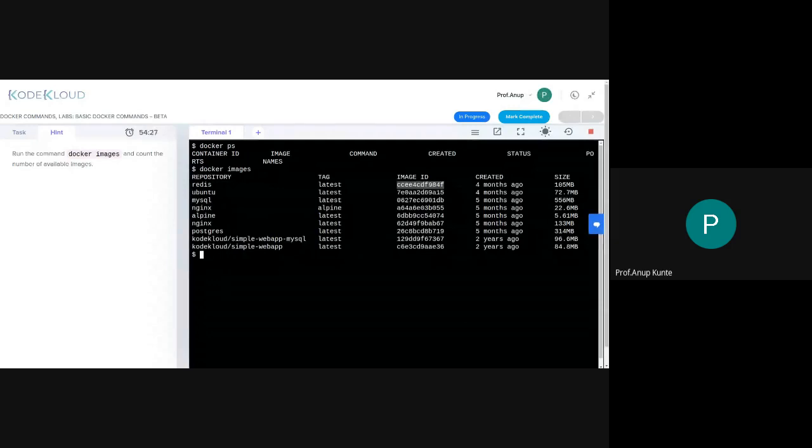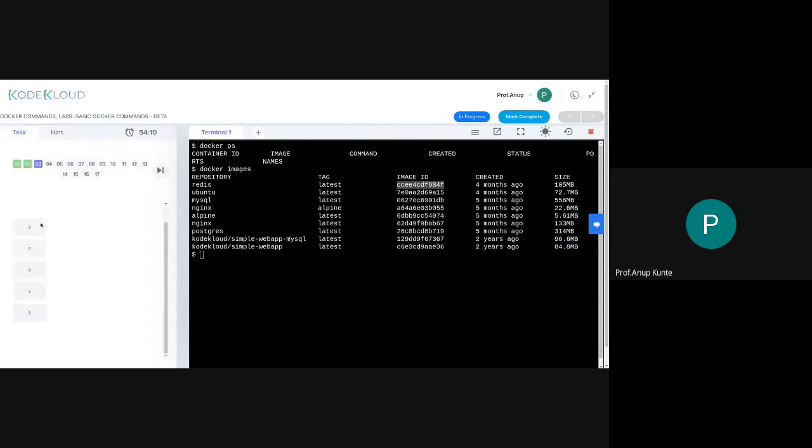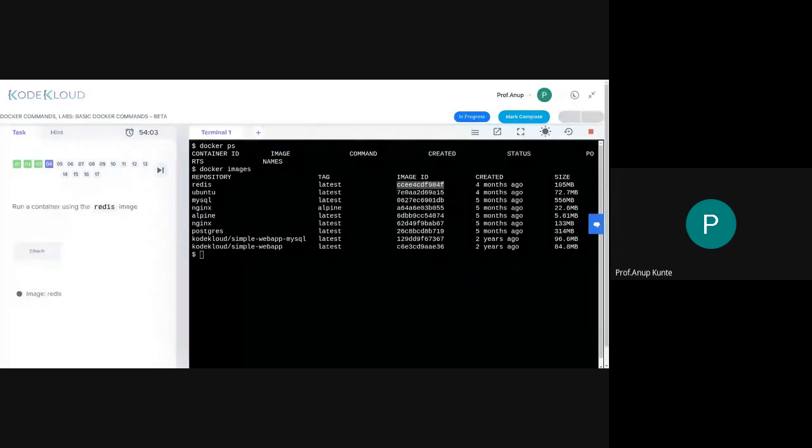Okay, I hope this is understandable. So this is how we can understand how many images are there. So you just need to count them, how many images are there. 1, 2, 3, 4, 5, 6, 7, 8, 9. 9 images are there. You may, in your instance, have different values. So we are just solving this in order that we get our answers, right? So you are able to view the things, I hope, and you are able to hear my voice as well, right?